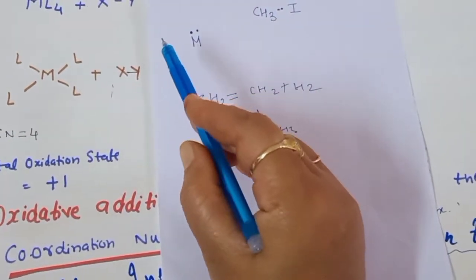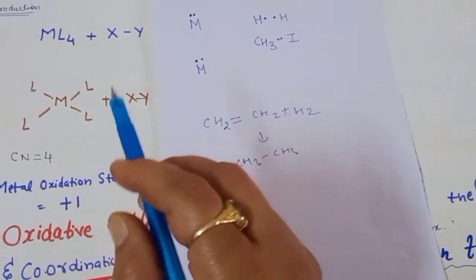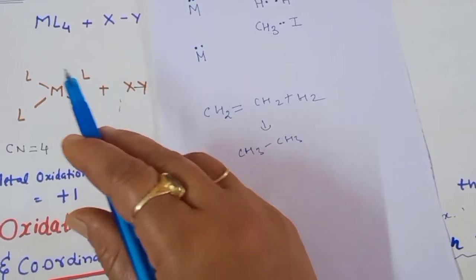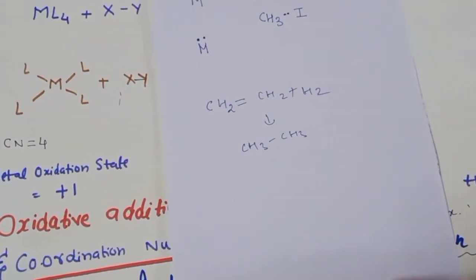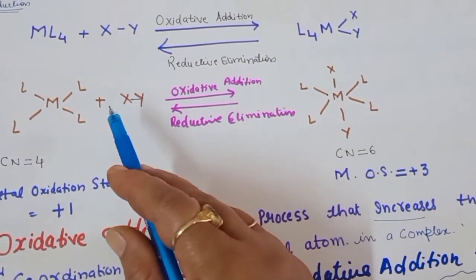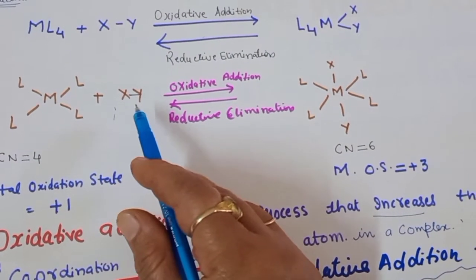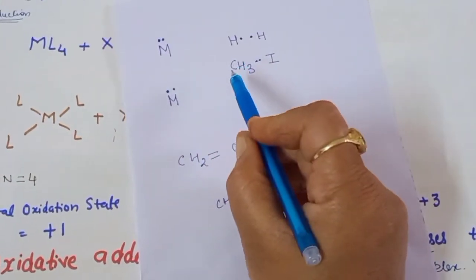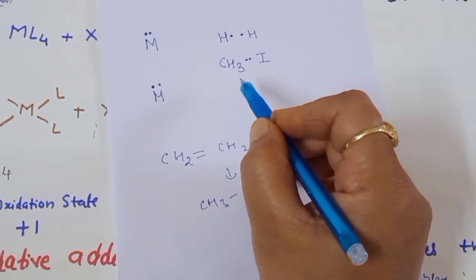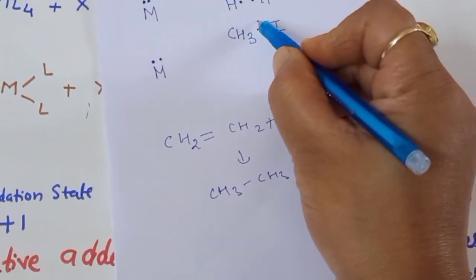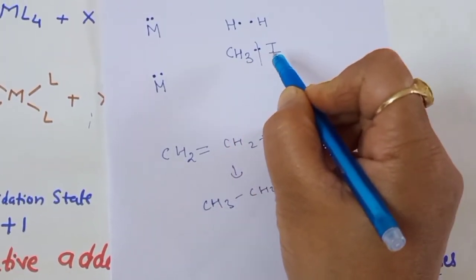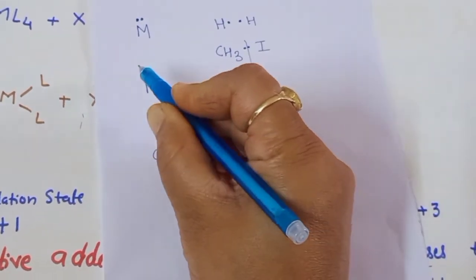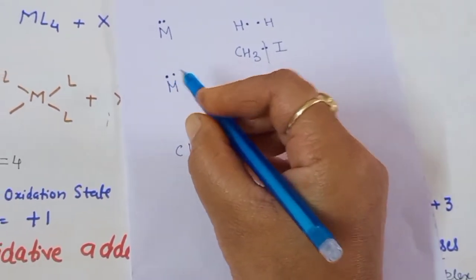Because we know that any metal which is participating in the oxidative addition reaction must have extra electrons, meaning it must have non-bonding electrons, and when any ligand or substrate attacks, this reaction will go on. Suppose this is a molecule XY, it can either be a polar molecule or a non-polar one. If it is CH3I, what happens when bond cleavage takes place? CH3 will take its electron and iodine will take its electron. So both have a single electron, and our metal also has 2 electrons which can be donated to the ligand.